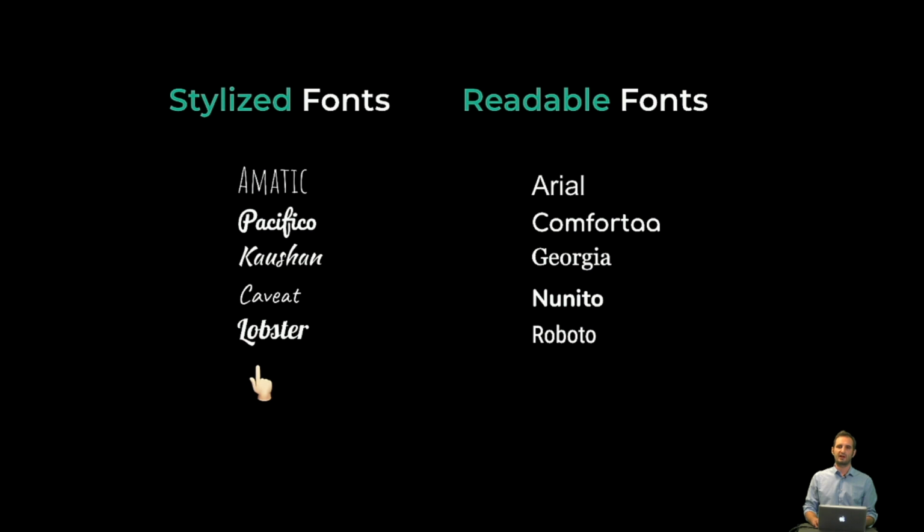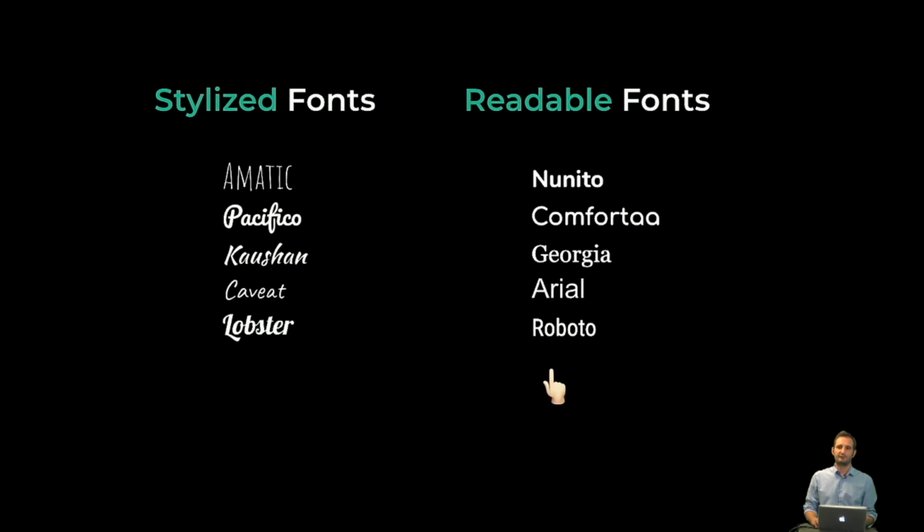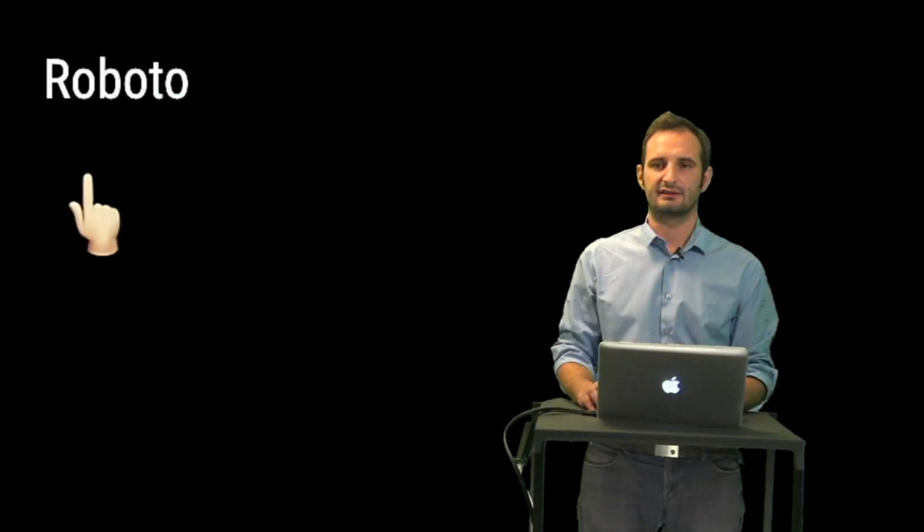In the first column, we have stylized fonts. Those are fonts that are known because they are very stylized. For example, I may use Amatic for a handcrafted product website, or Pacifico for a leisure one. And in the other column, we have fonts that are more readable. In this case, they still provide some feeling when used in your website, like Nunito and Comfortaa are very informal, while Georgia is more upscale luxury, let's say. But it's out of doubt that the fonts in the first column will have a strong impact